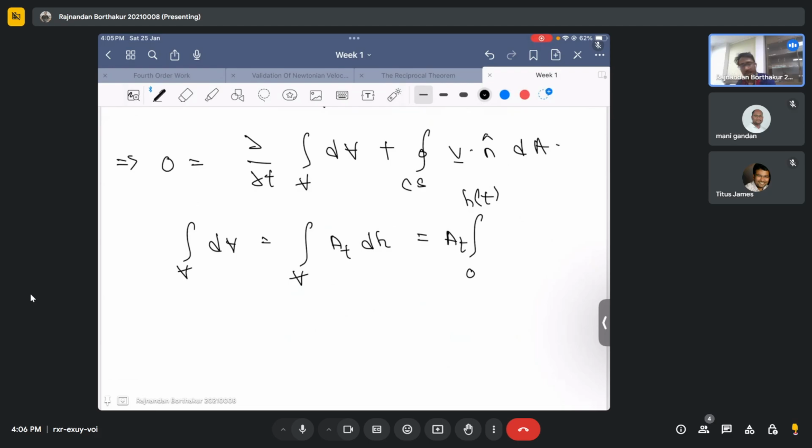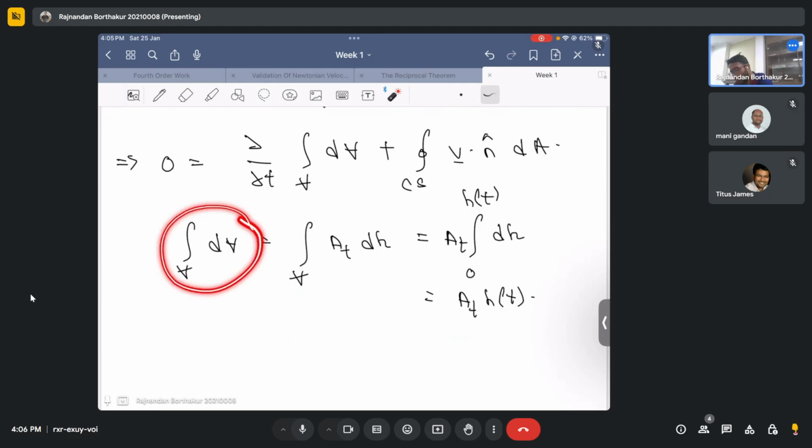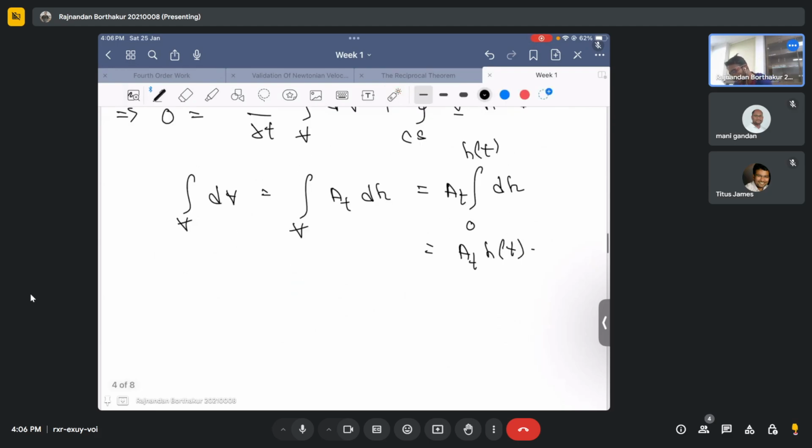A_t will come outside the integral because the area of the tank is constant, and dh, which is nothing but A_t times h of t. This is only because the cross sectional area of the tank is constant. Only the height of the water in the lateral direction is changing, and that's why this integral over dV simply boils down to the area of the tank times h of t, which means the first term just simplifies